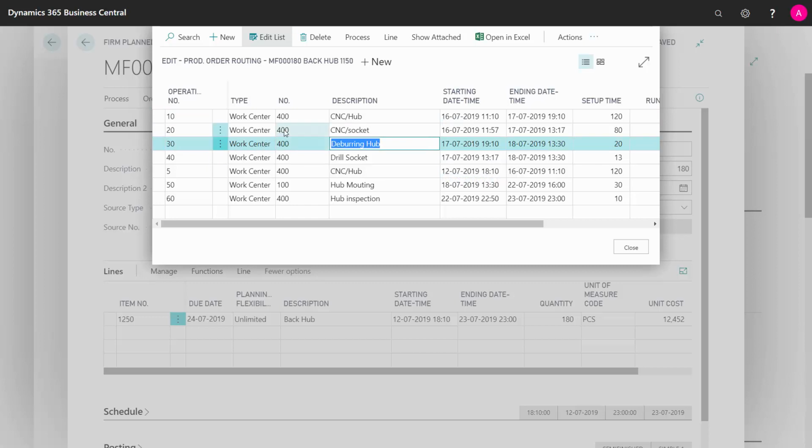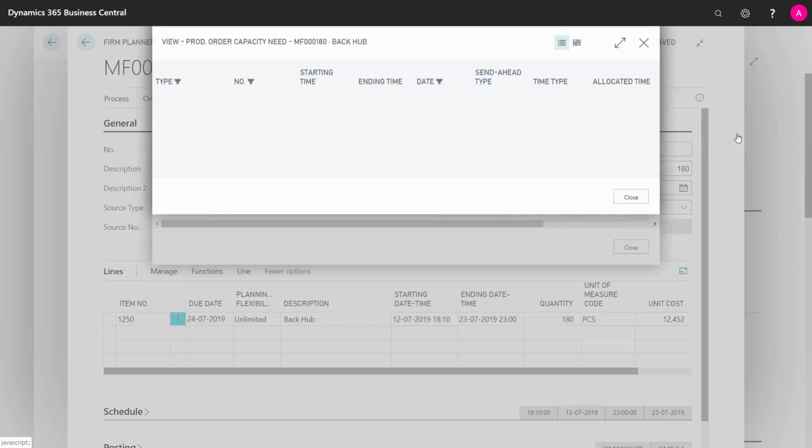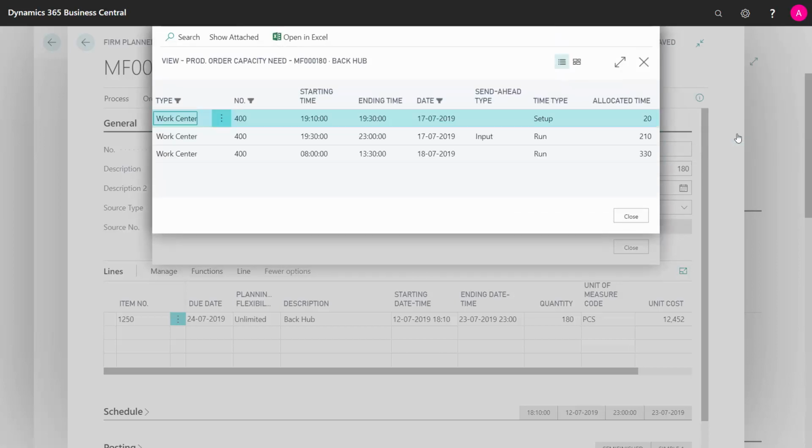For each of those lines, and you can see the different work centers here, it would have created allocated capacity entries. So these are the entries that actually sum up and are used in the report. You can see here that we have more than one shift, and you can see the allocated time in minutes in this example per shift. So these capacity entries are calculated in the work center load report, and those entries you could also use to calculate using many other tools to see your capacity setup. So this is how capacity planning can work.